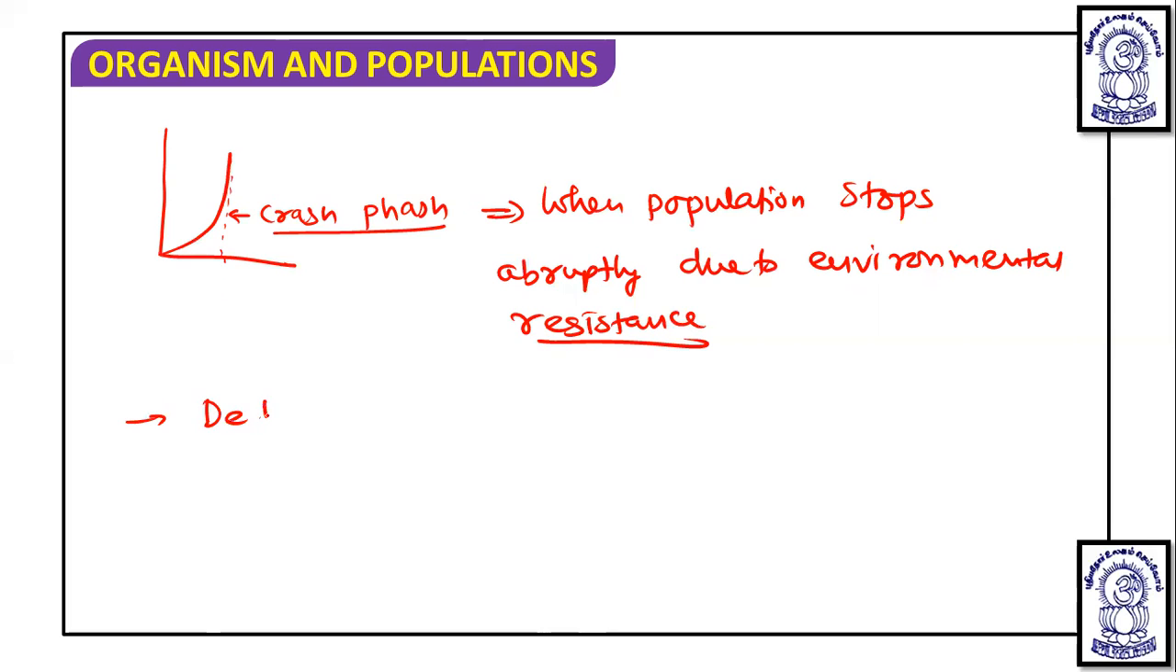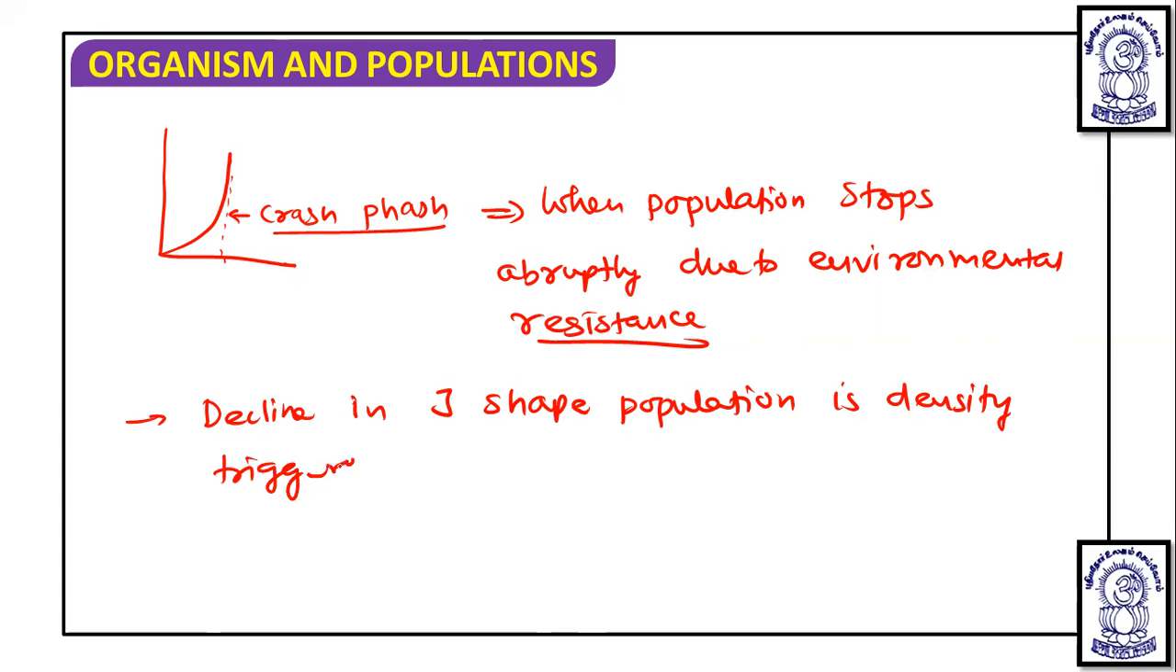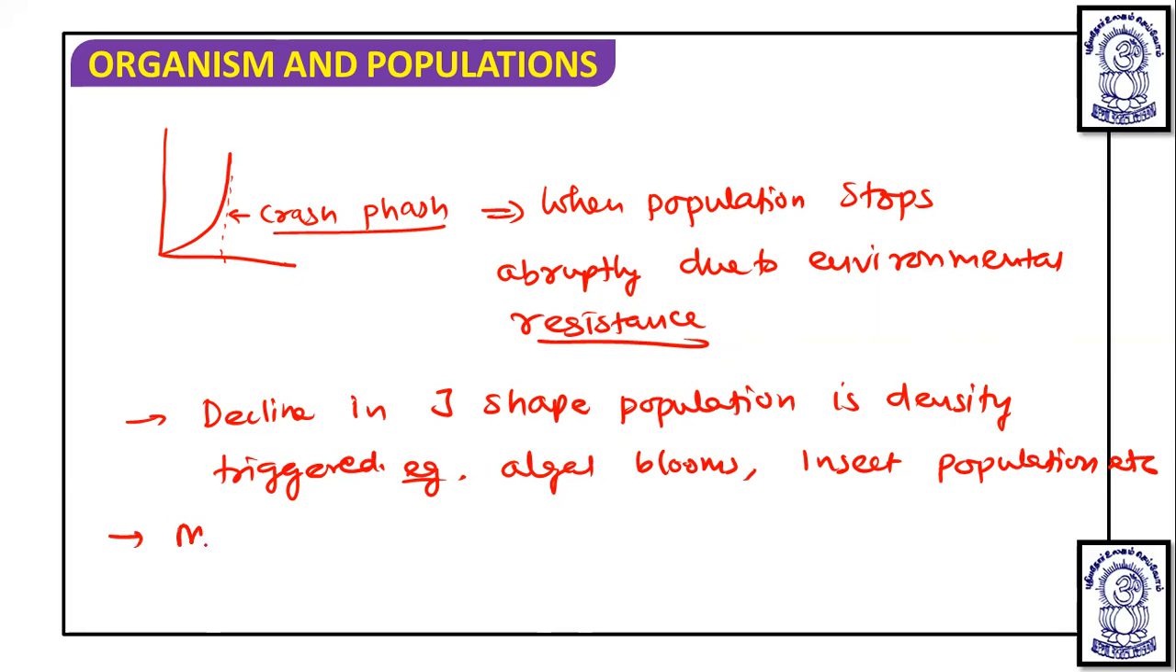So the decline in a J-shaped population is density triggered. Okay, examples are algal blooms, insect populations, etc. Now if we talk about the magnitude of r, that is the growth rate,